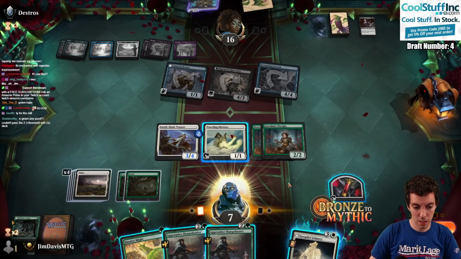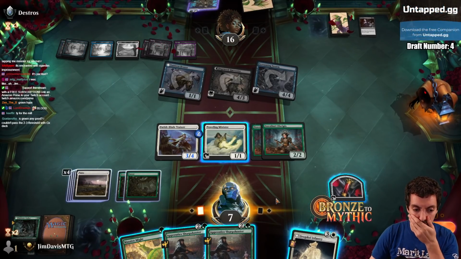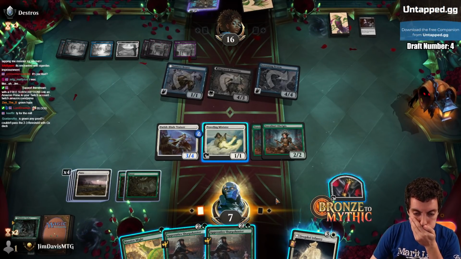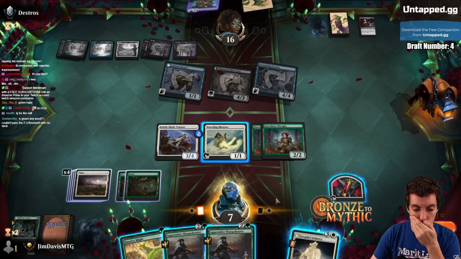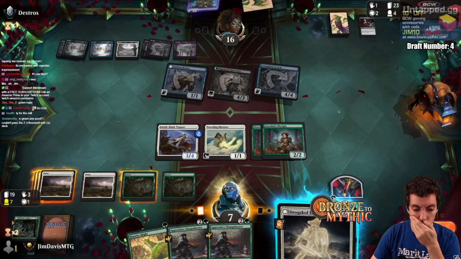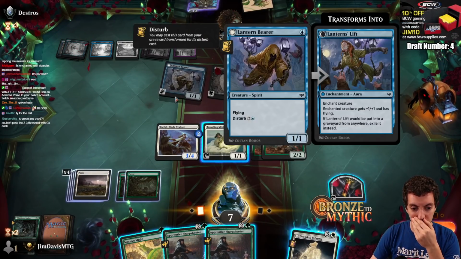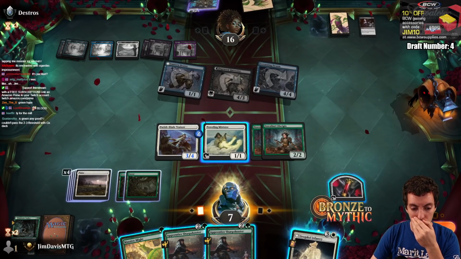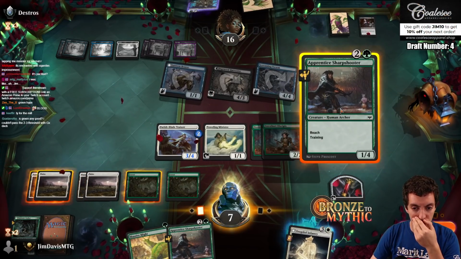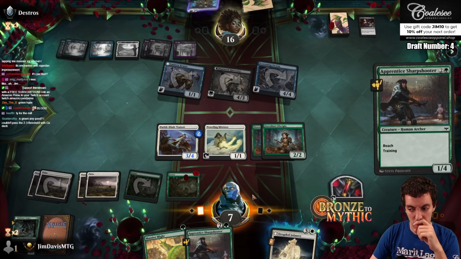They're at 16. Sharpshooter, Infantry. 1 short of casting both. Which is unfortunate. Sharpshooter blocks this. This blocks this. Just double Sharpshooter. This is alright. I mean, like...